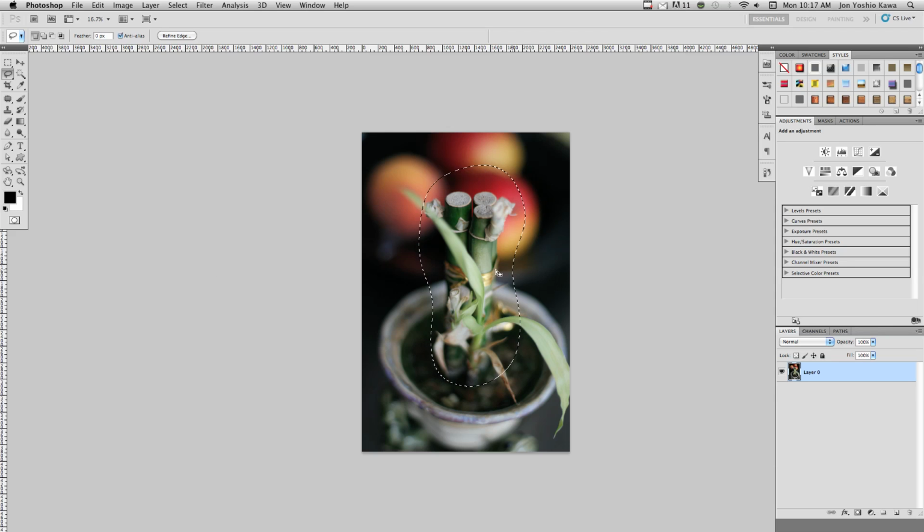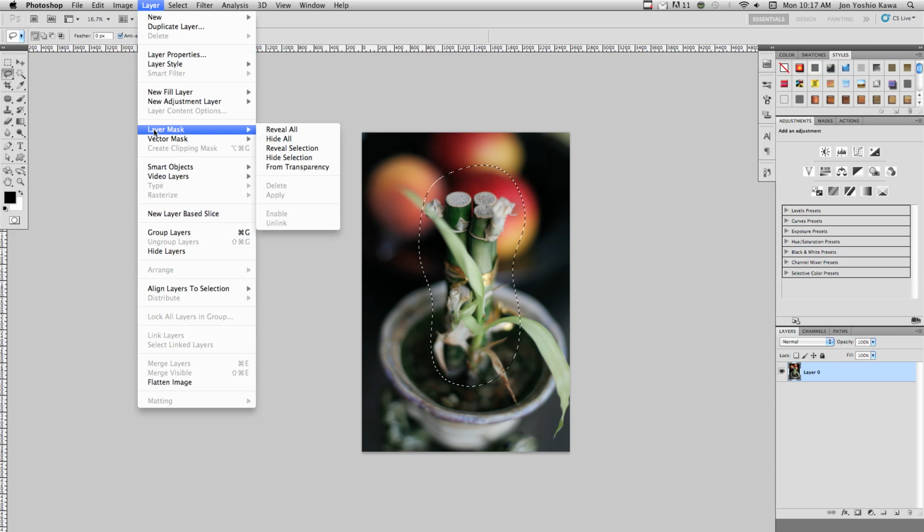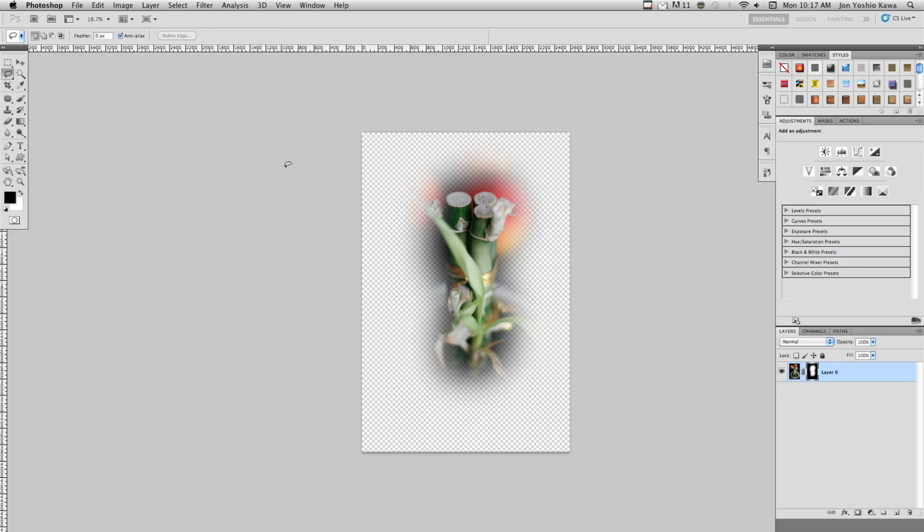And what that does is it shrinks the selection, as you can see, by 150 pixels. And so it's going to blend the selection out into nothing over a period of 150 pixels. So once I have this, I'm going to simply go up to Layer, down to Layer Mask, and reveal that selection. And once I do that, you can see that I have this nice soft vignette edge, and it's fading out